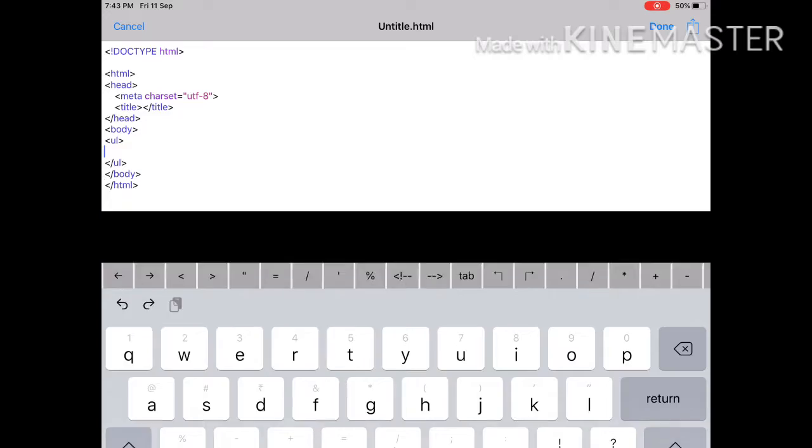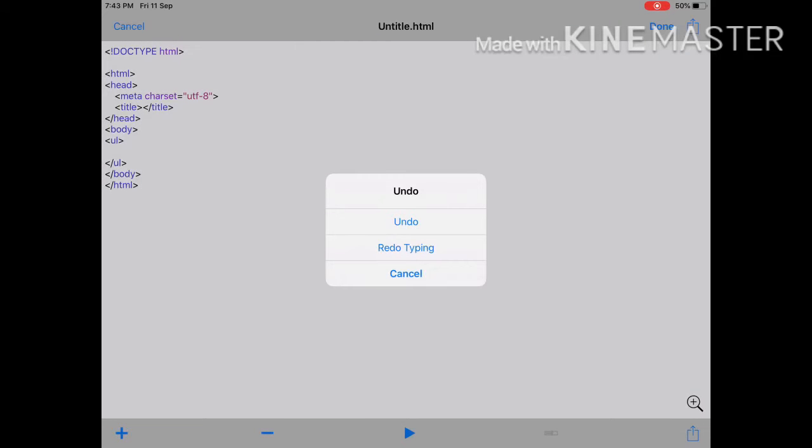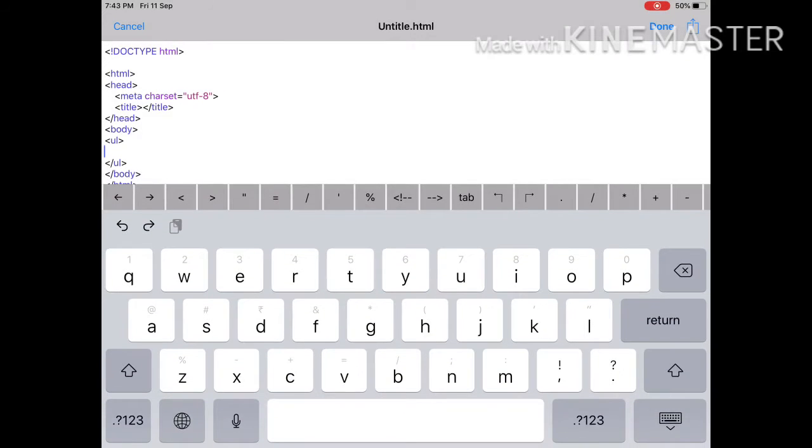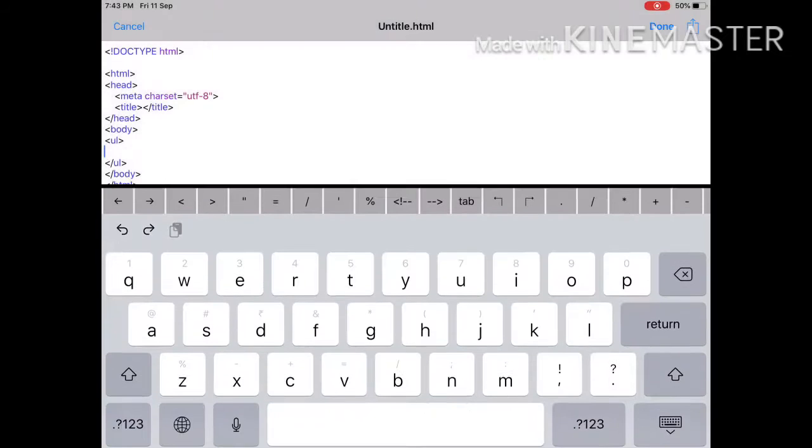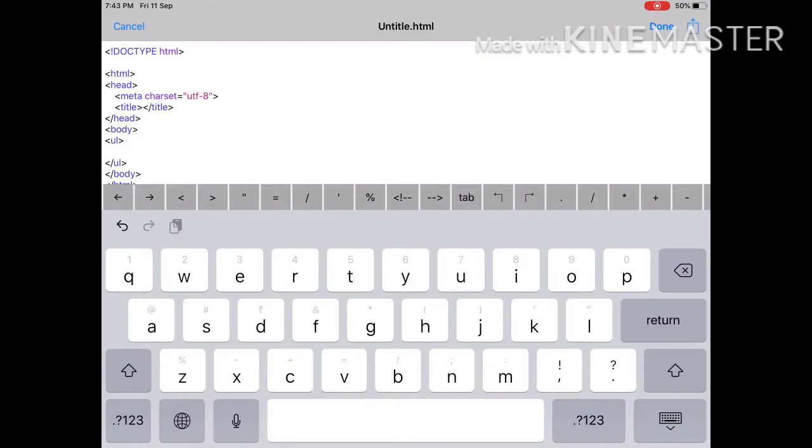So UL is just for the unordered list, and OL is the ordered list. The main form for linking the web page or any text element you want is, first, the less than symbol, li, which is the short form of list item, then the greater than symbol, and then close that. Then in between that,